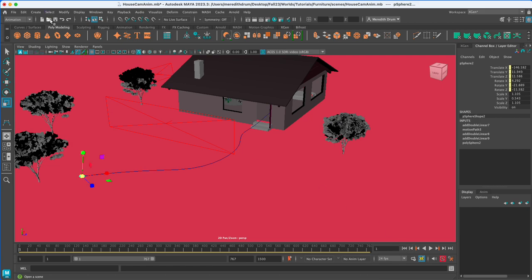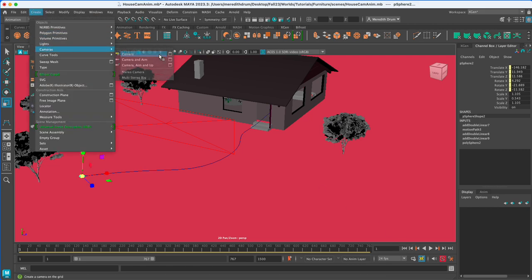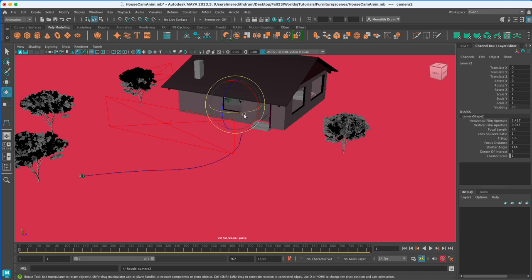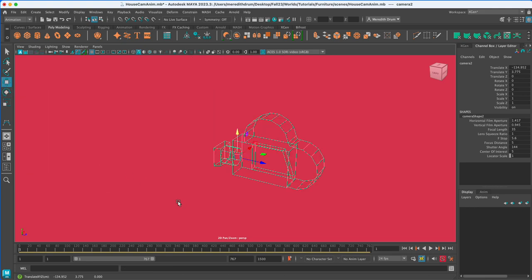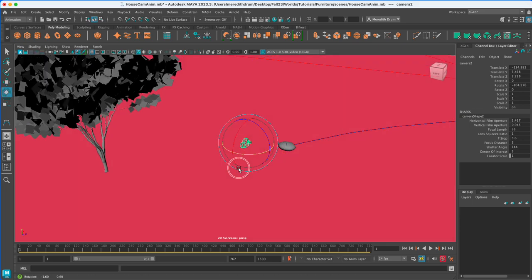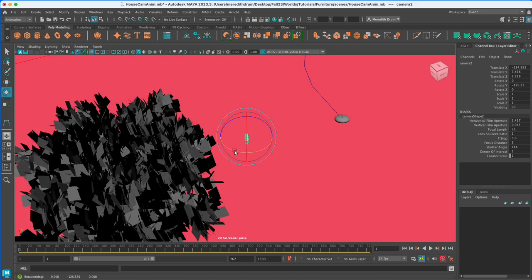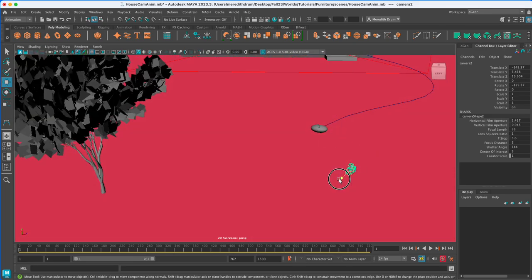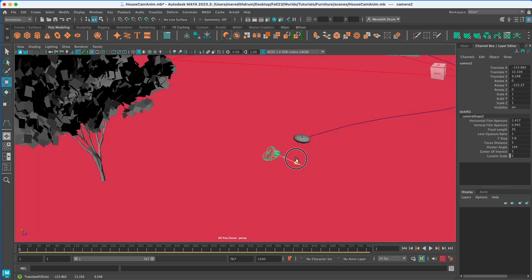Let's make a new camera. To create a camera, it's just a regular camera. Now we will have to orient this camera in relationship to the ball. We want it to be looking at the ball, so we can orient it to look at the ball. Sometimes it's a little hard to see exactly where things are. So you want it to start by looking at the ball.